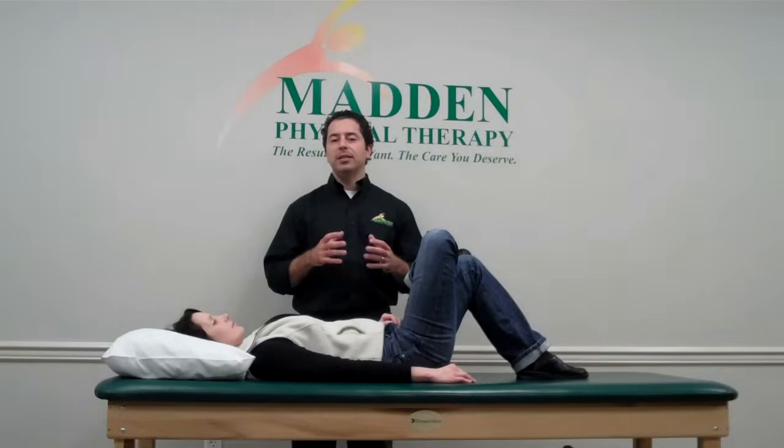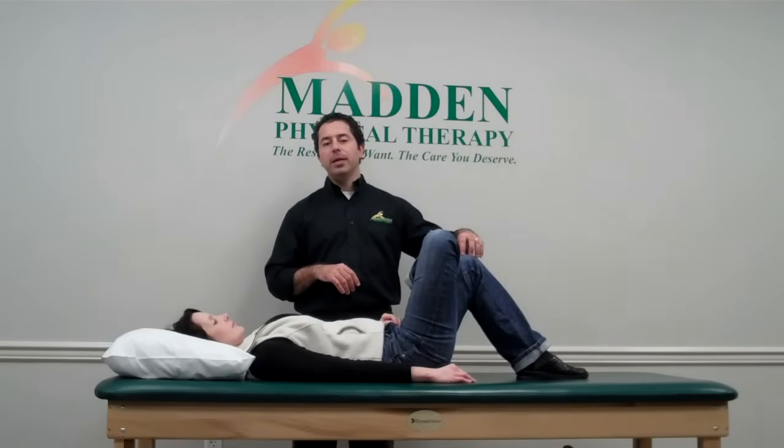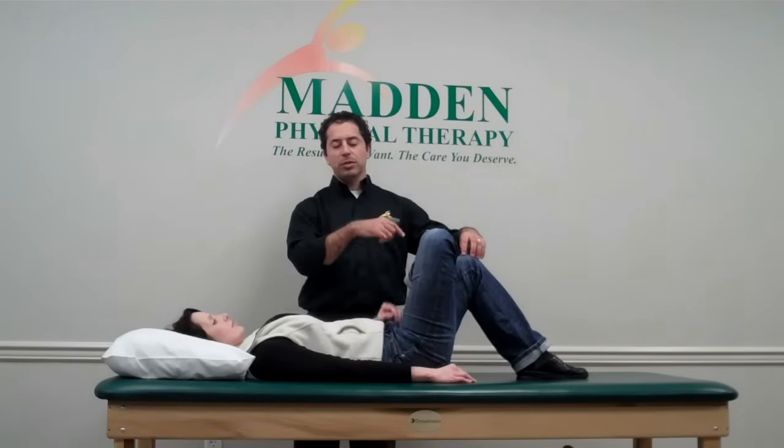Okay, the first exercise that we're going to do is a Piriformis Stretch. There are two different variations that we use in the clinic. The first is laying down, bend one knee up. So if you want to stretch the right piriformis, you bend the left knee up, cross the right leg over